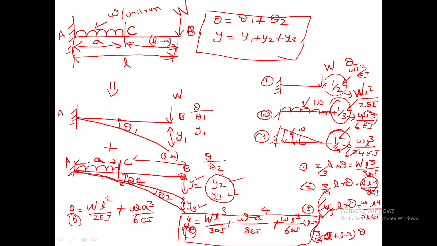This is the formula to find the deflection at the end for a cantilever beam with an end point load plus a uniformly distributed load over only part of the distance. This is very important. You can solve any kind of problem using this type of shortcut. If you memorize just W L square by 1 by 2, 1 by 3, 1 by 4, then the deflection factors are 2 by 3, 3 by 4, and 4 by 5. Okay, thank you.